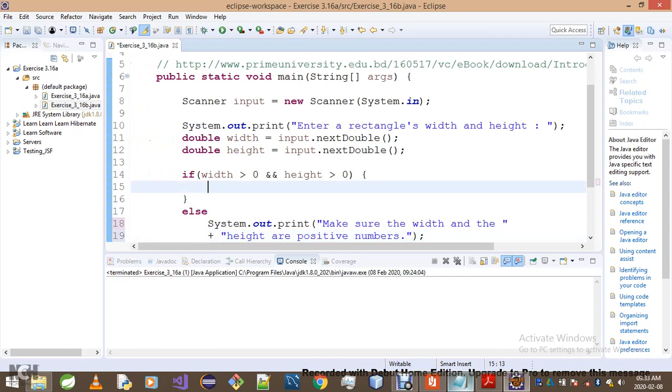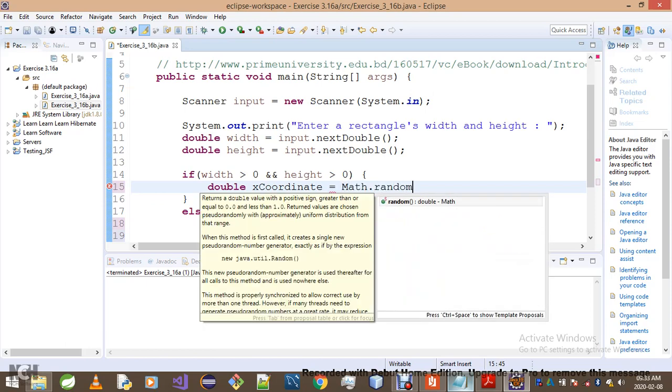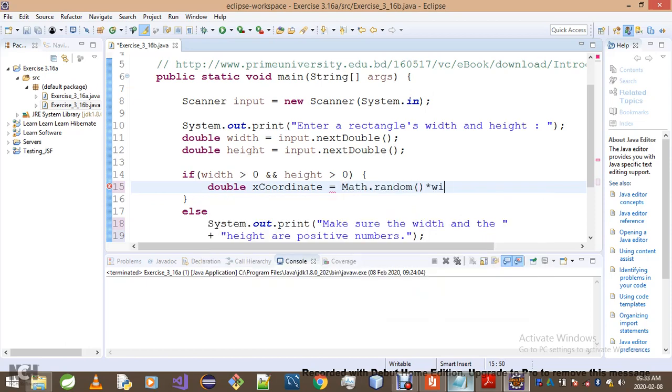Okay, suppose our width and height are okay, then we'll have x coordinates. We'll go math.random, multiply that with our width, right? And then